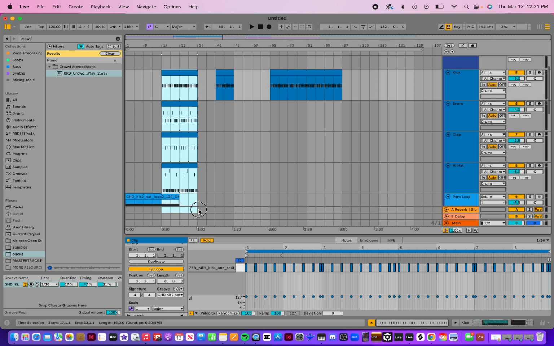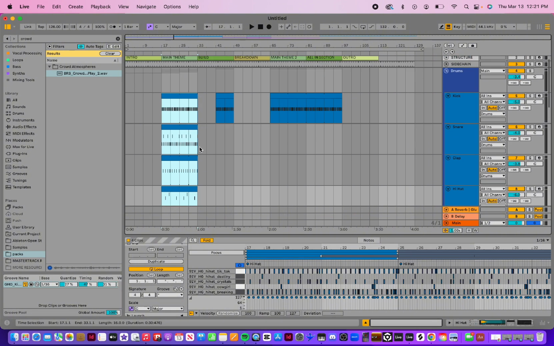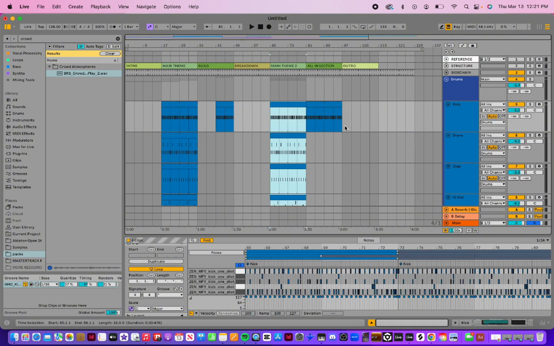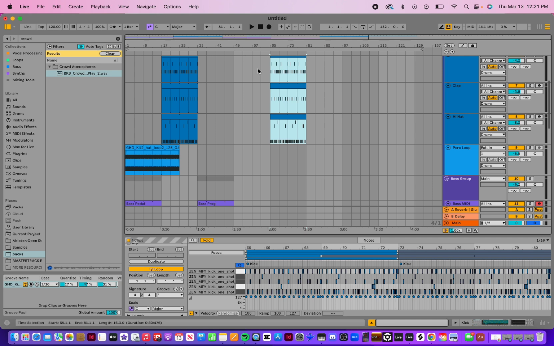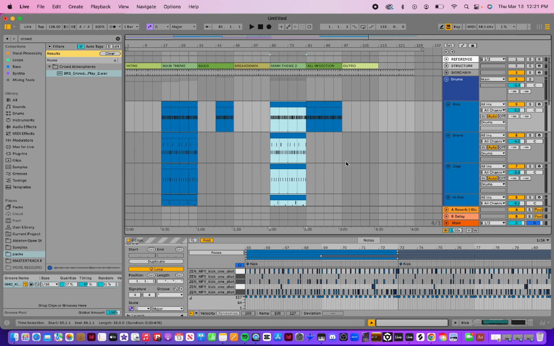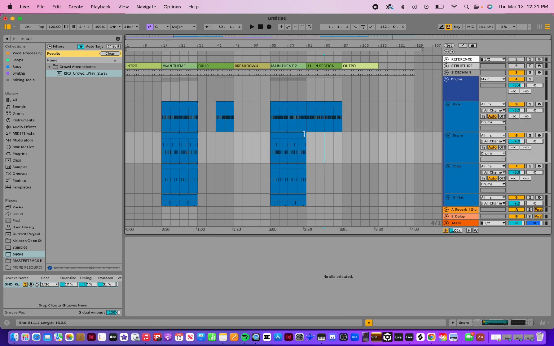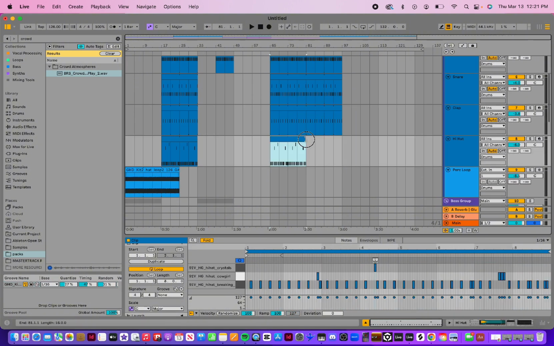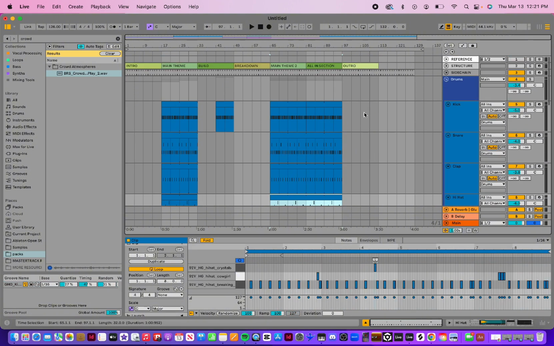We can highlight all of them. Copy. And paste them here. So now we've got our second main theme with all of our drums in. I can extend these ranges here. This is one advantage of having composed all of this stuff in session view, because we